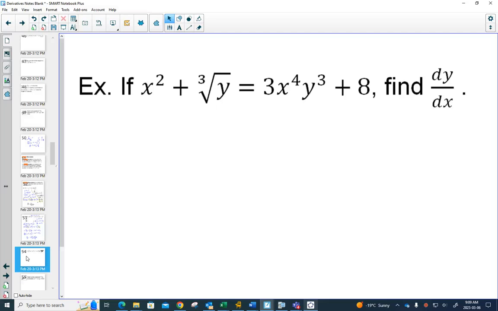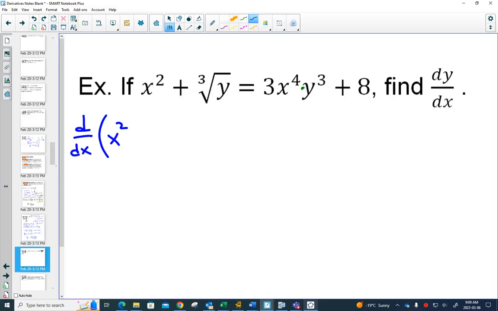So I'm looking at this one. I have a product rule right here, because I have an x times a y. That'll be a product rule. But it's not negative, so I'm happy. I'm going to keep it on that side. I'm going to take the time to first rewrite this equation